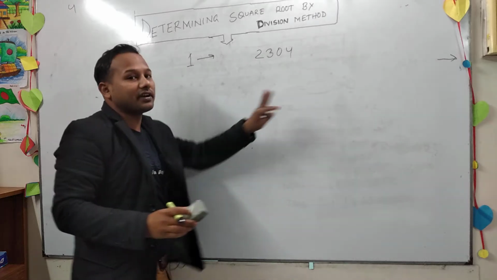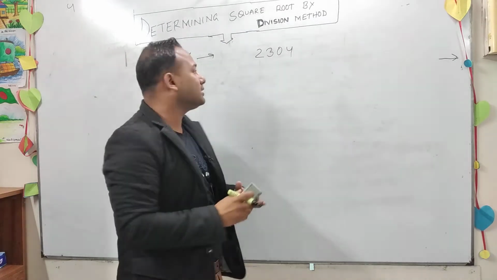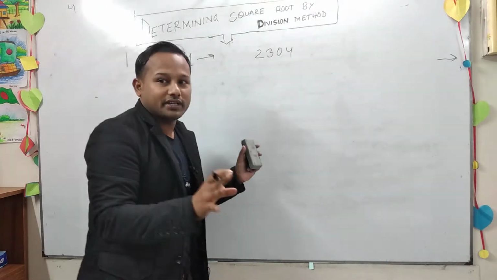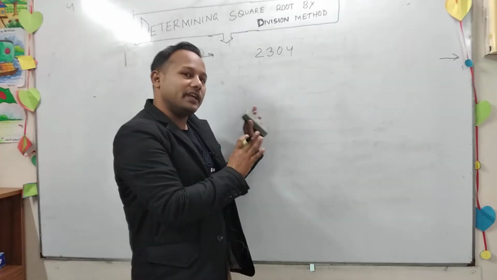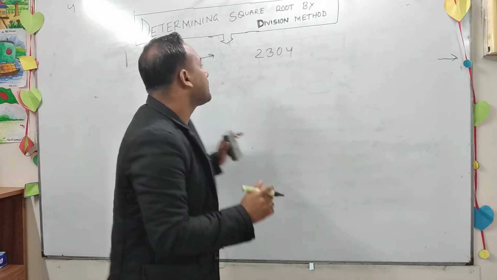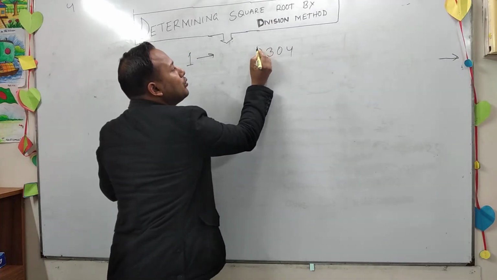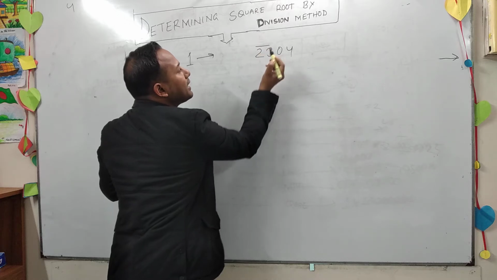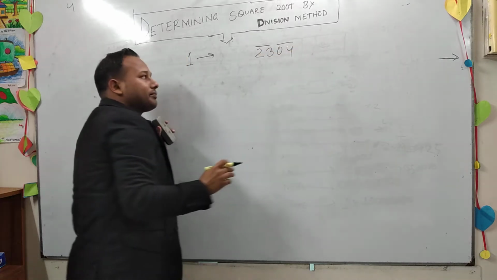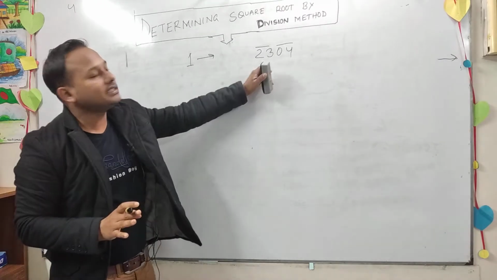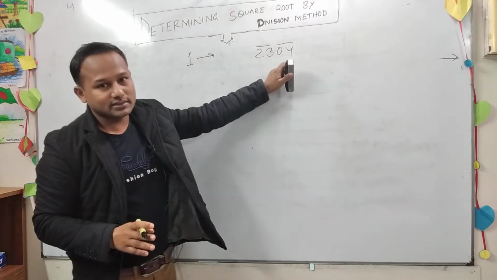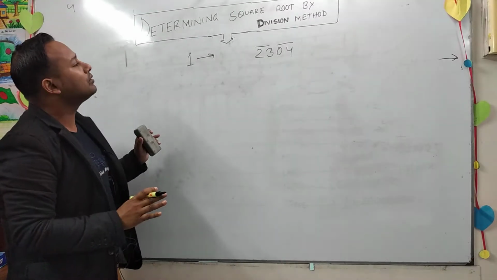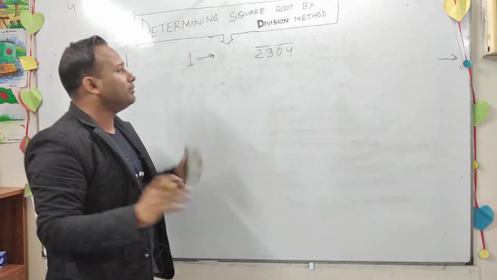This is a bit different than normal division, so it may be tricky, but I think it is going to be very easy when I am doing this. First we take 1 pair here and another pair. As you can see, we have taken pairs. Now our first task is done.